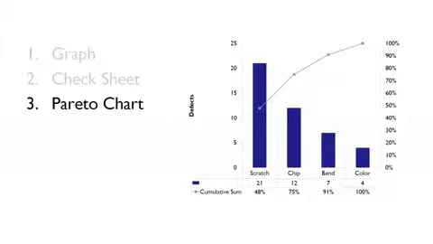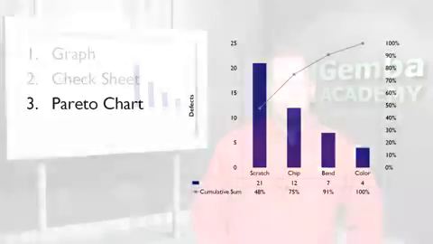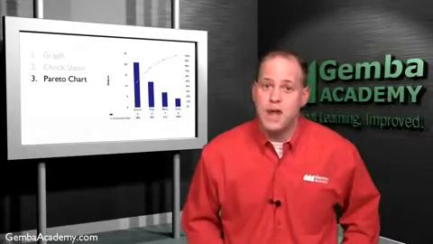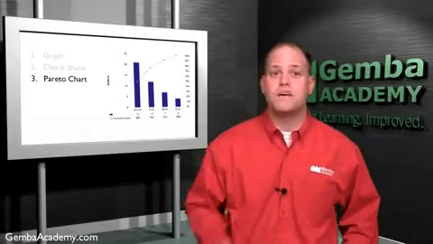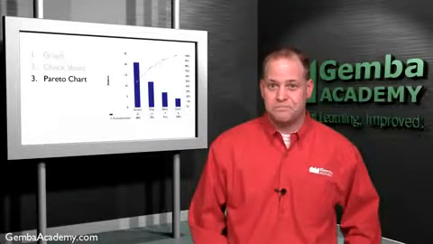Now, a Pareto chart classifies problems and defects by type in the order of quantities and shows a cumulative total. Pareto charts are often used for checking a problem or defect to be highlighted for solution. In other words, Pareto charts often help us identify where the problem is, as we learned about in the Gemba Academy Practical Problem Solving course.